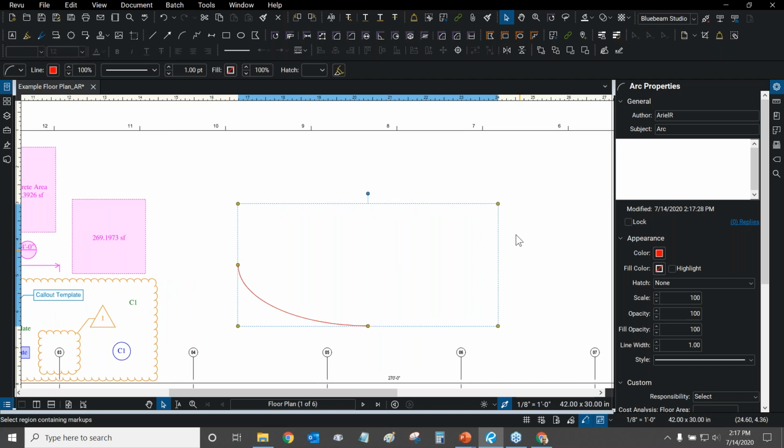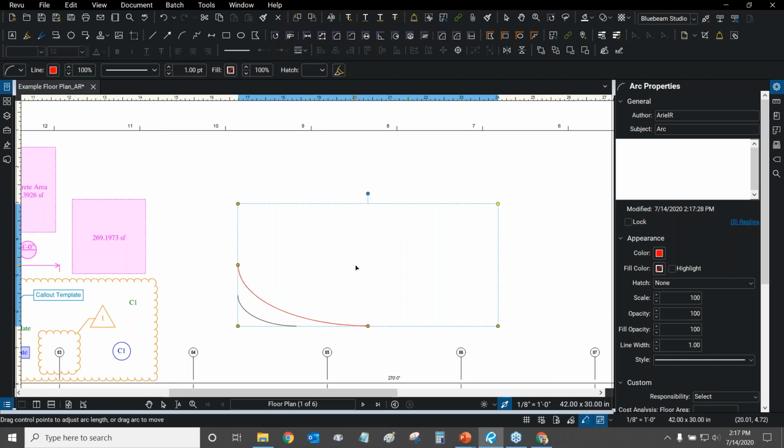If I wanted to make my arc bigger or smaller, I can grab the grip on any of the corners and I can make it larger or smaller. The problem is that right now I'm not uniformly making it larger or smaller, and I'm changing the arc's actual angle. I don't really want to do that. Instead, I literally want the arc to maintain its curve and get smaller or larger.